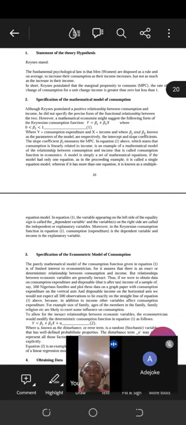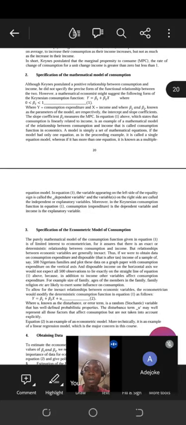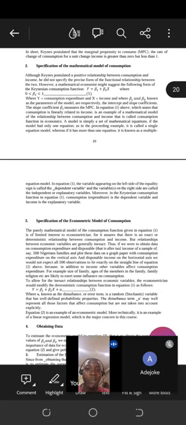So here, specification of mathematical model. Normally, when you write a mathematical equation, y is equal to mx plus c; that is how to write a linear equation. So when we write y is equal to b1 plus b2x, what is m? Exactly, which is the same as b2 in the equation number 2 we are talking about. Then the constant term c will be b1. So that's just the adoption of this.